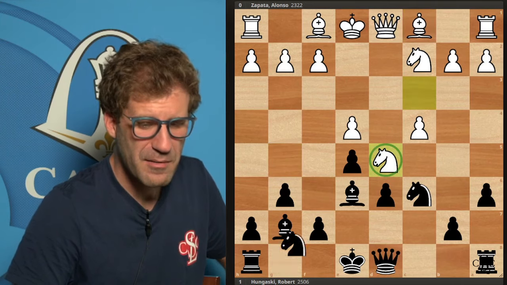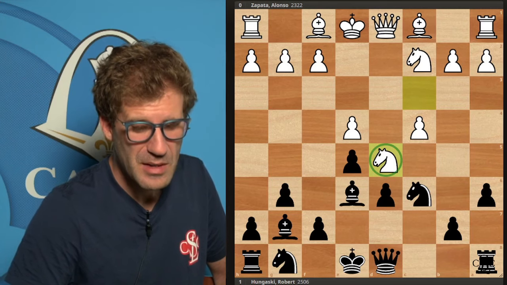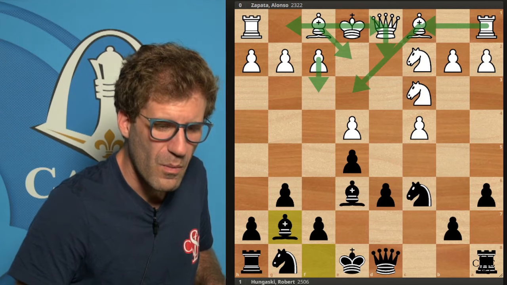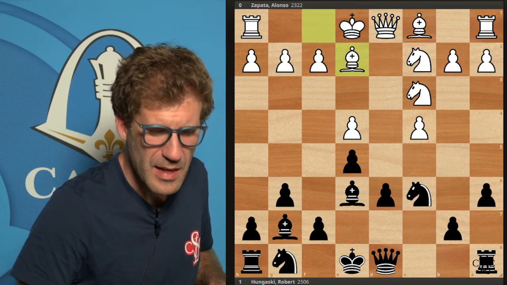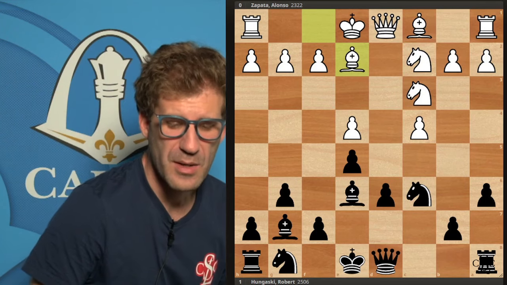So knight d5, we can take on d5 or play rook c8, but we have to be very careful with knight f6. So then I said, okay, that's taken care of. What about castling quickly? This is actually the moment where I realized, okay,